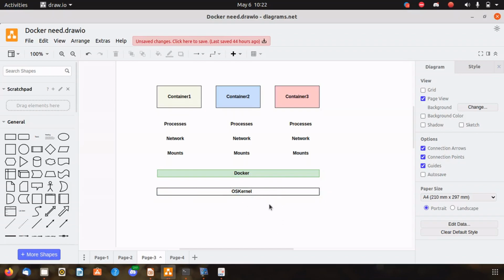Okay, and the advantage is that if we use Linux containers, then they are supported, or we can say they are compatible with another set of Linux software and operating systems like Fedora, CentOS and all. So we do not have to worry about that. Okay,